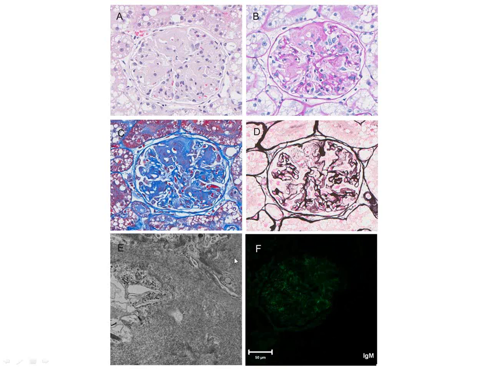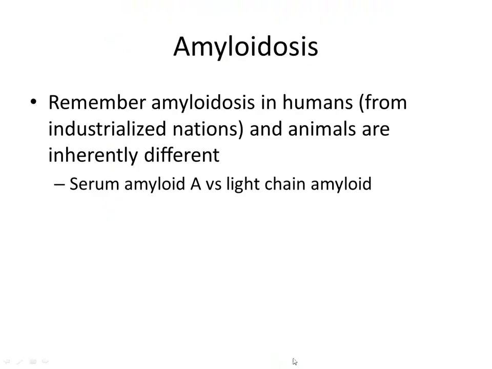Obviously, if this were a board slide, they would be cruel and not give you a Congo red. The whole reason I did not give you a Congo red is because I made a whole bunch of panels, which we will be going through over the course of a couple of months. And I didn't want the one with amyloid to be the only one with Congo red, flagging you guys like, oh, this must be the Congo red case, or the amyloid case. So anyway, I do have, quickly, two extra slides about amyloidosis, or maybe just one, and then we can wrap up for today.